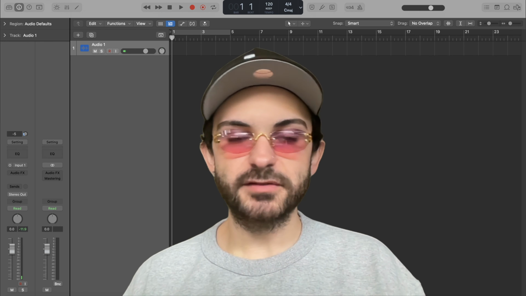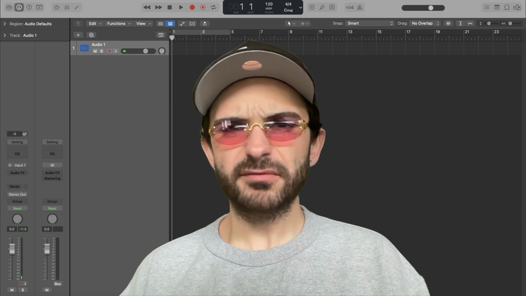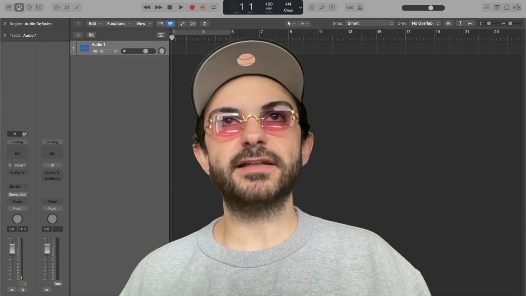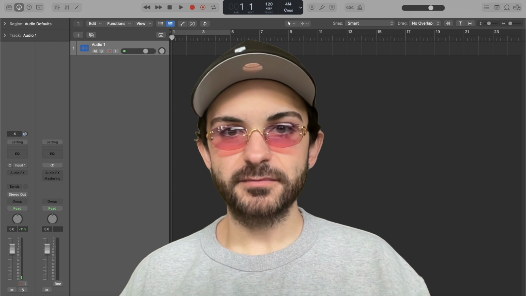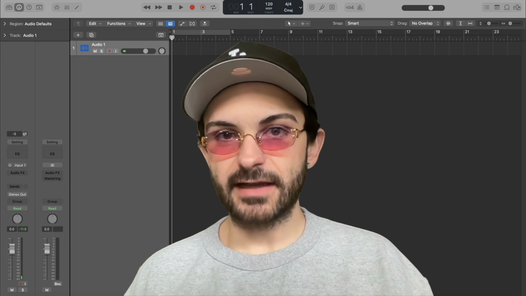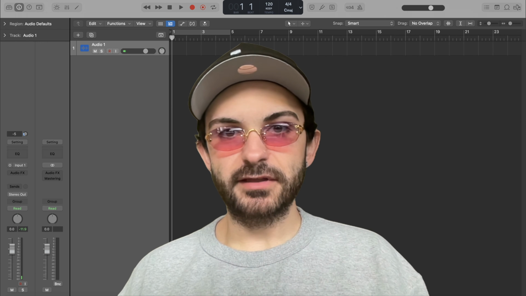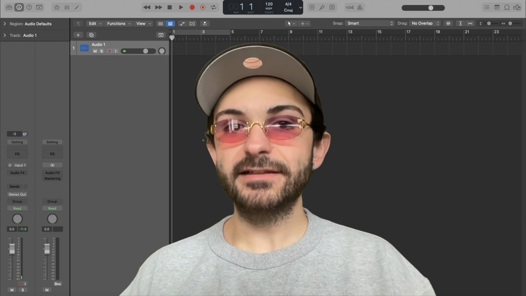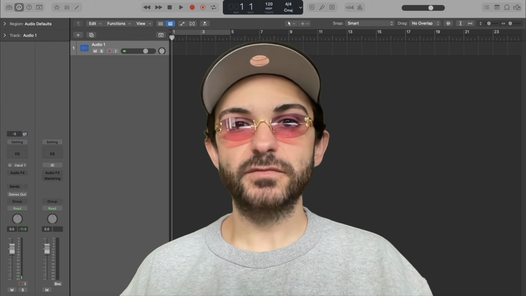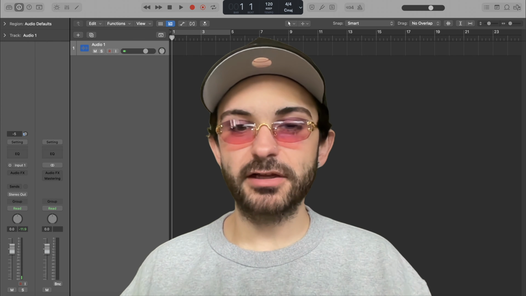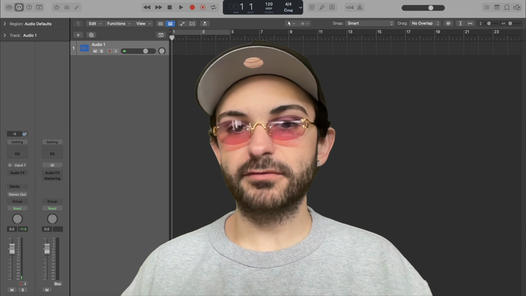I don't always compress first. I don't always EQ first. It depends on what the source is and what I'm trying to get to. There is no hard rule here. Really with anything, but especially with this. What I'll say to break it down real quick is if you EQ first, you're EQing a more dynamic signal and then compressing that down and kind of reverting the changes slightly. That's if you EQ first. If you compress first, you are making the signal less dynamic and then EQing that less dynamic, more solidified signal. So that's kind of what's happening in a nutshell with the one way versus the other. So do with that what you will and experiment around, and whichever one of those you want to do for that case, do it.